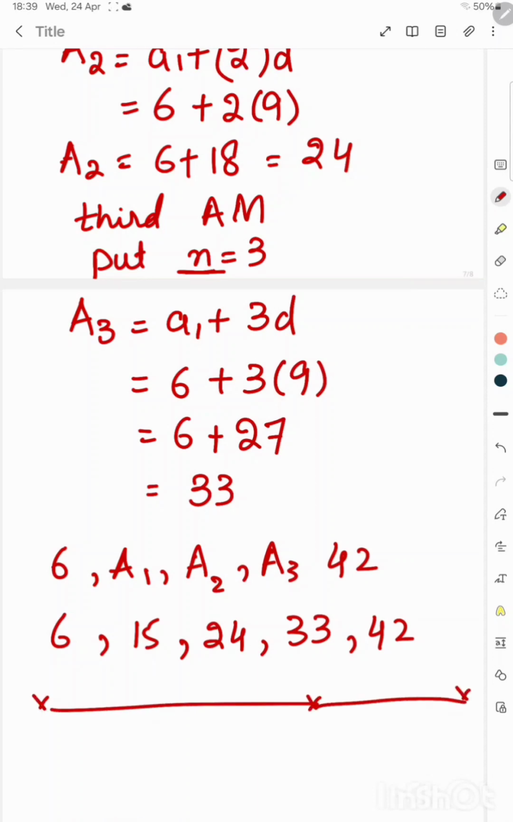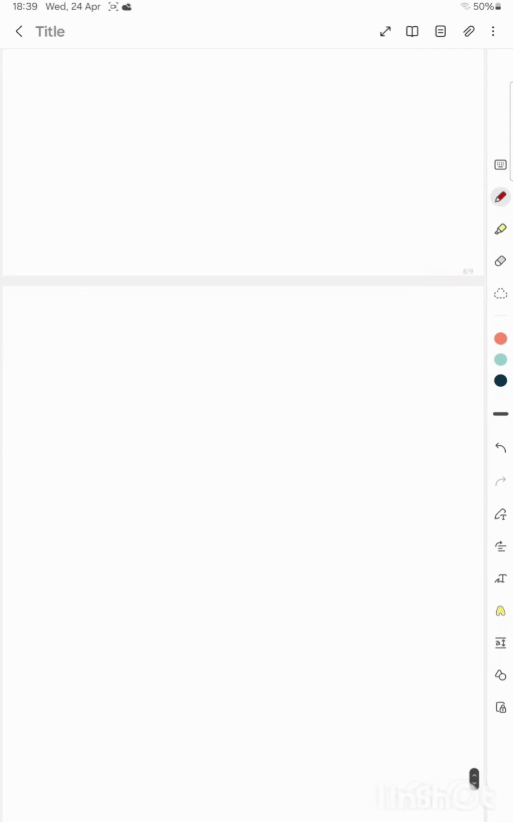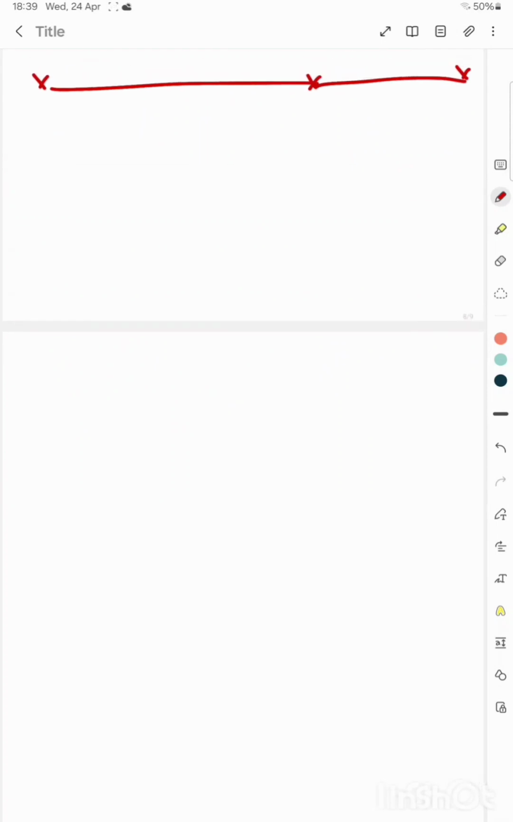Okay student, now I will solve example number 2 related to this topic, so that the topic of inserting arithmetic means between terms becomes more clear to you. So example number 2 is: